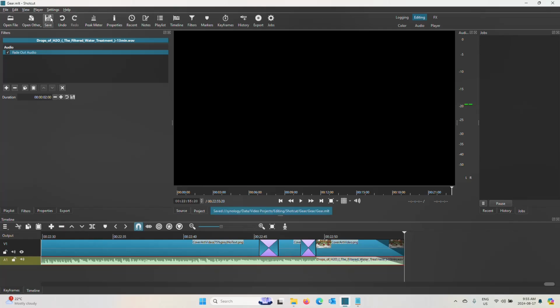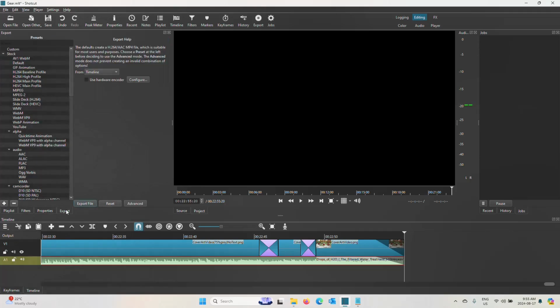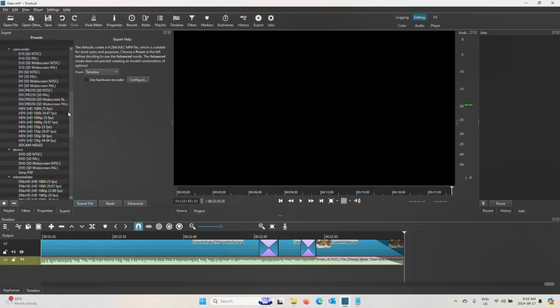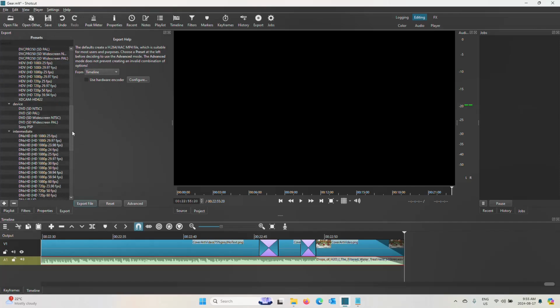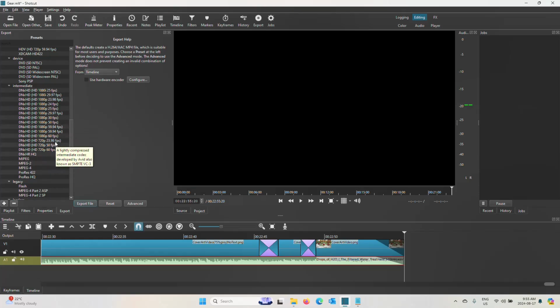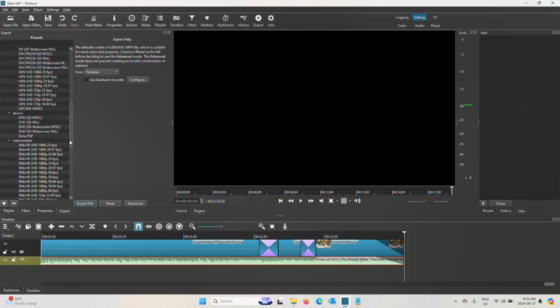Now, what I've got right now is a Shotcut video project. I don't have a video file. So in order to do that, I need to export this or render it out. So we're going to choose export. Here's all the different ways that are built into Shotcut that we can export a file. I can export it into all kinds of different video formats, HD, 1080p, 720p, various frames per second, MPEGs, ProRes, which is a video editing program,